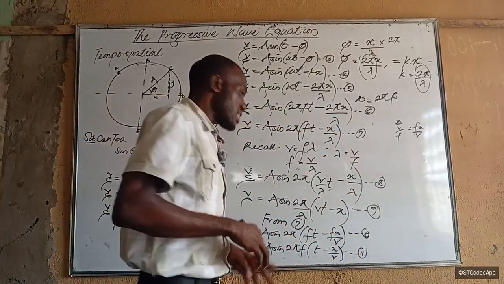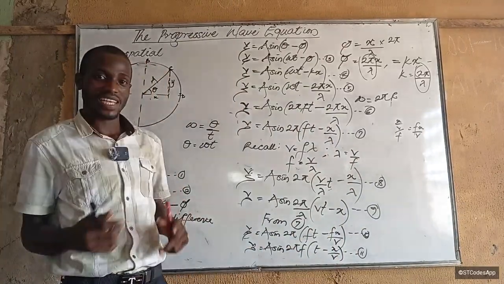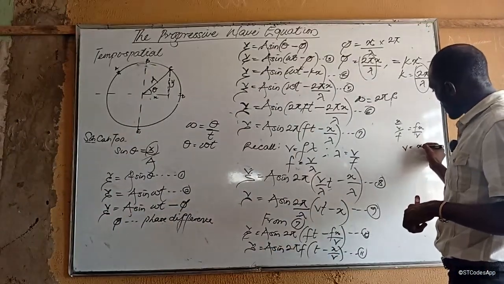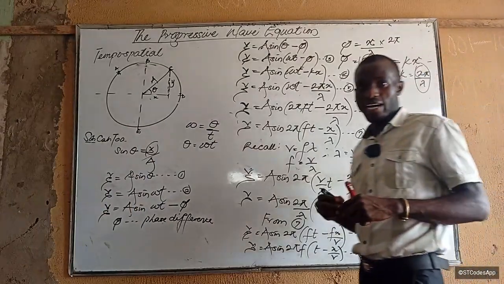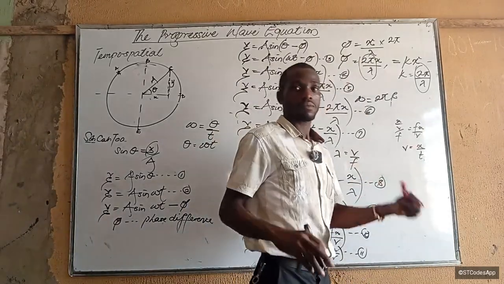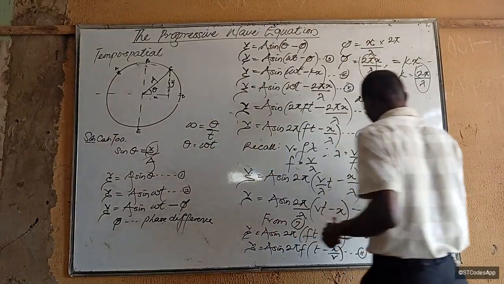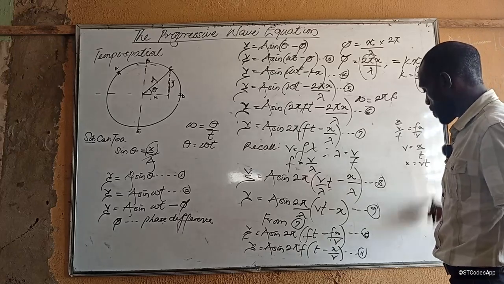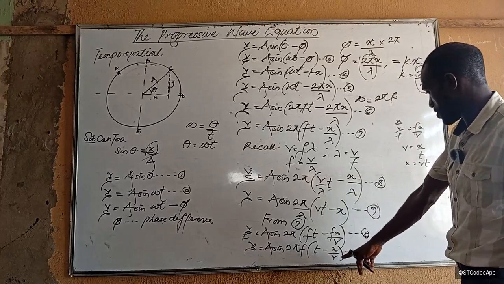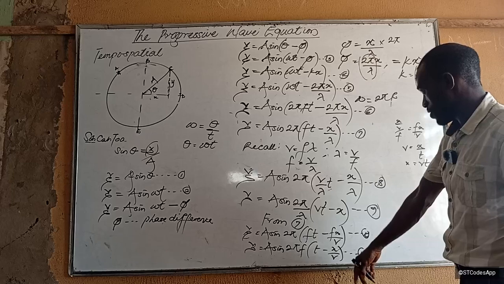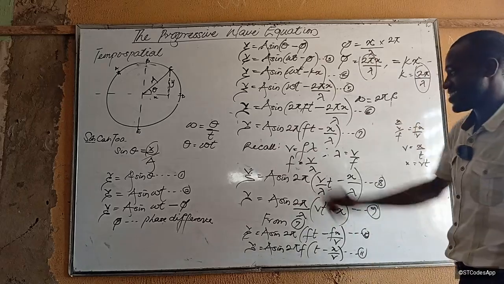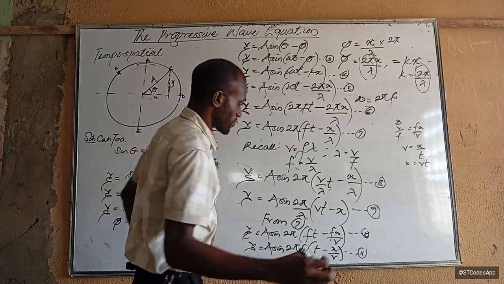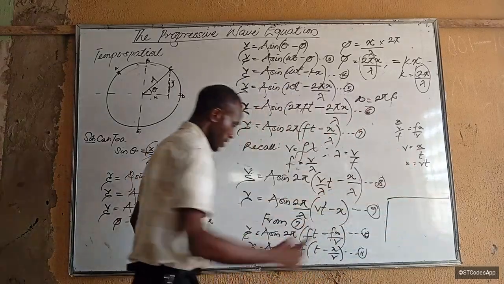Given again that you can write as many equations as you want. For example, you know what I want to do is this: v is actually x over t. You know that, right? Speed is x over t. So if that be the case, then x will be equal to vt. And if x is vt, then we have vt over v. The equation is going to revert to that. I could show you that. See, if I make x equal to vt, then I'll have that